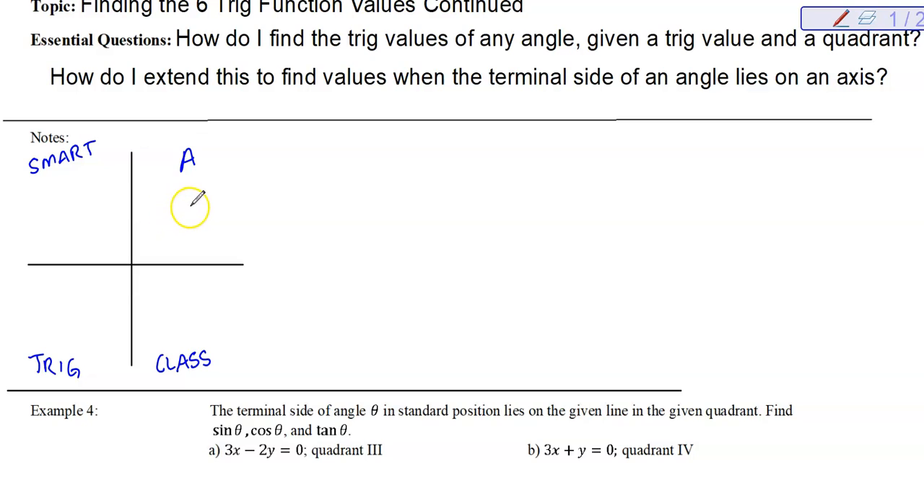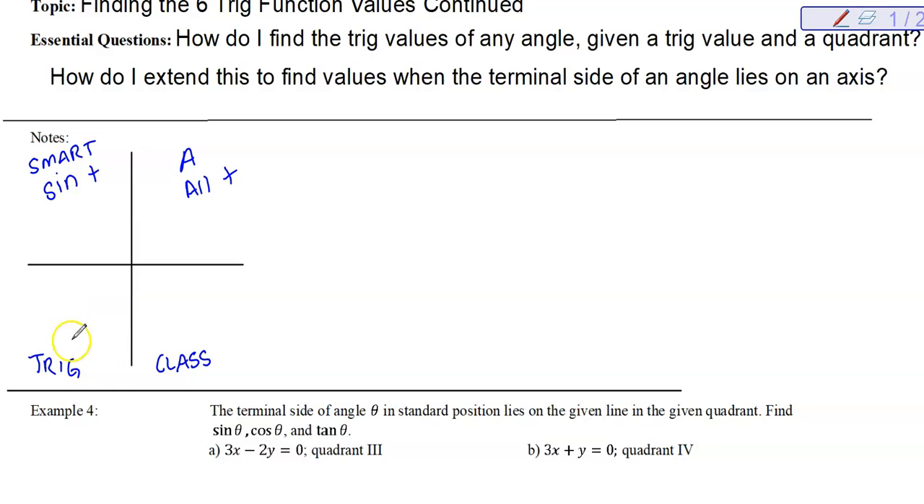Okay, so in quadrant 1, here's what this means. All functions in quadrant 1 will be positive. Sine, cosine, tangent, and the reciprocals. Everybody's positive in quadrant 1. So A stands for all, positive. Smart starts with the letter S. And the trig function that starts with the letter S is sine. So in quadrant 2, your sine function will be positive, but your cosine and your tangent and the reciprocals will